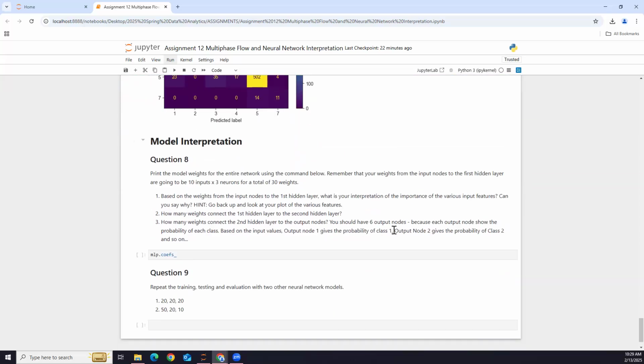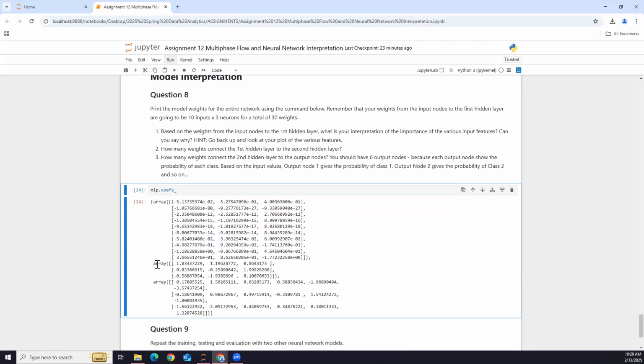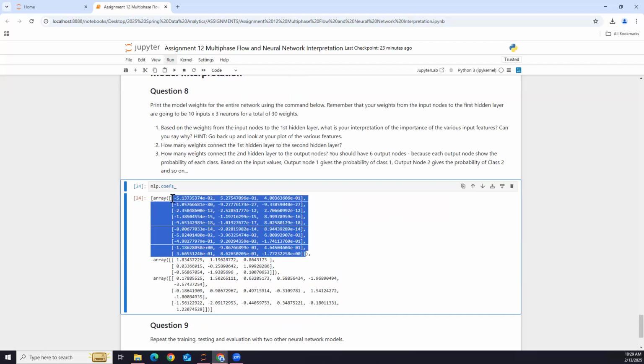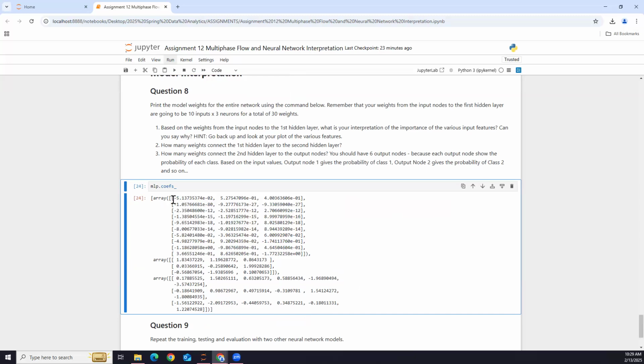Okay, but more importantly, I wanted to show you what the weights look like going from the 10 different inputs to the 3 neurons in the first hidden layer. And you can look at that by just using this command, MLP coefficients, where MLP is my model and coefficients are over here. And this is a lot of information, but essentially if we look at this array over here, you can see that I have 3